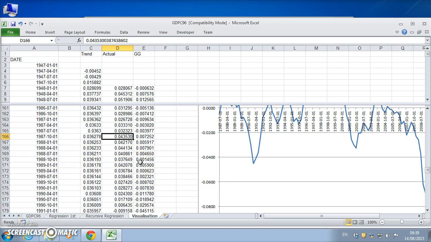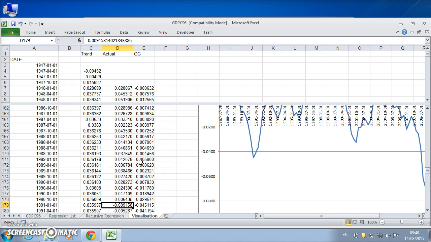That was the year-on-year change, quarterly change. And '88, 4, and then it started to fall and fall very considerably, and actually in the early 1990s,